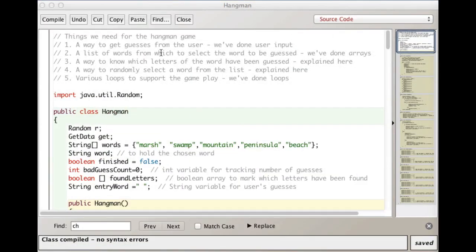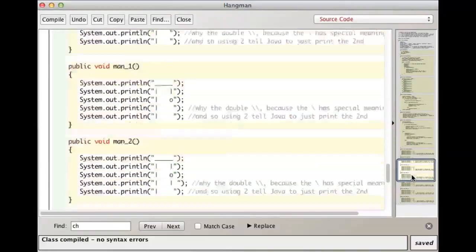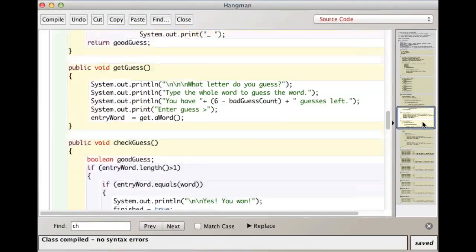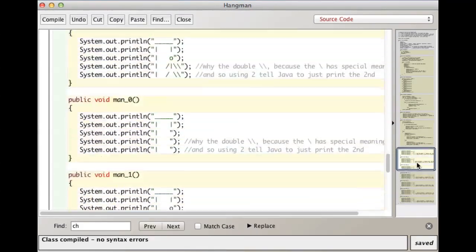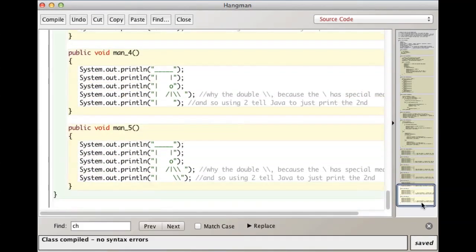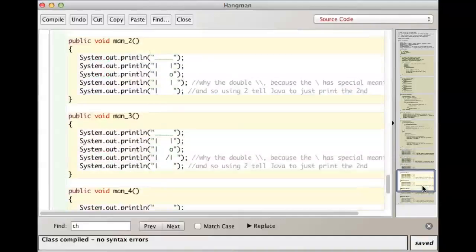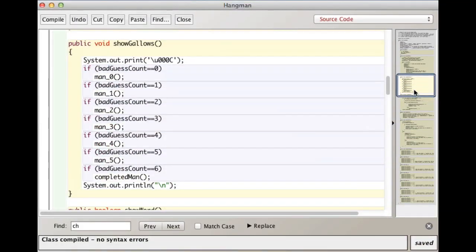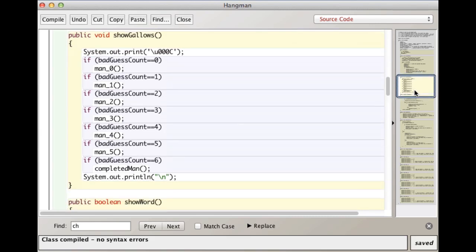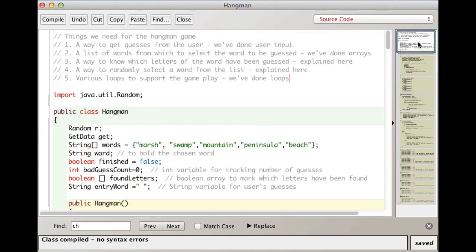Okay, so this is our code, right? And it looks long, but a lot of it, as you'll see, is very repetitive. These are the different stages of the hung person. They're just print statements, right? We'll go through that. And this is just a bunch of if statements that call those, right? Pretty straightforward. So a big chunk of it, at least half of it, is very straightforward code, right? And then this part up here